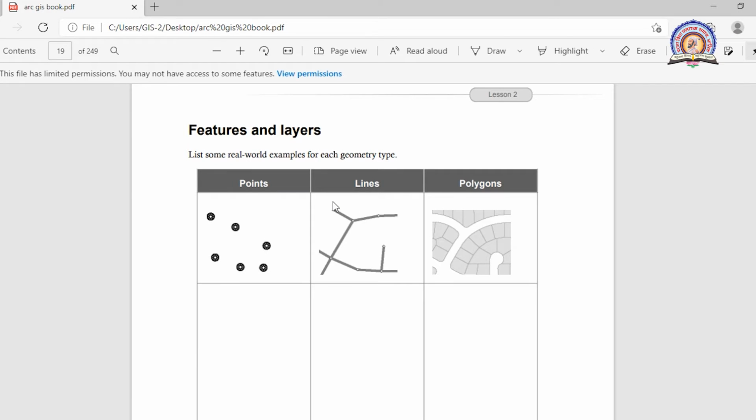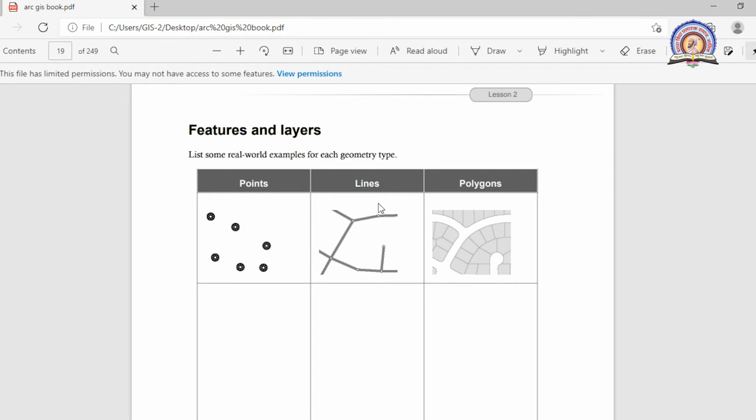Now, these are the important entities of GIS. For example, point entity, line entity, and polygon entity. With the help of a polygon, we are able to work on the area of a region. For example, if you want to create a forest map of an XYZ region, at that time we have to use a polygon entity. Or if you want to create an agricultural field, at that time we have to use a polygon entity.